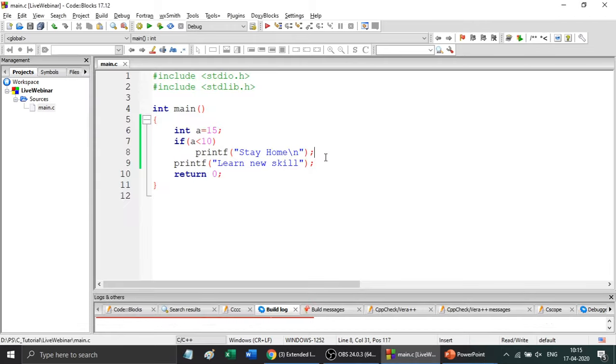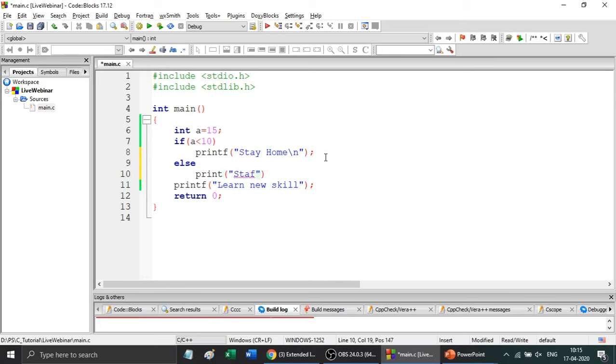So if I want to use the else condition, I am printing one more statement, stay safe. What will happen in this scenario is, if the condition is true, it will print stay home, and again it will print learn new skill.